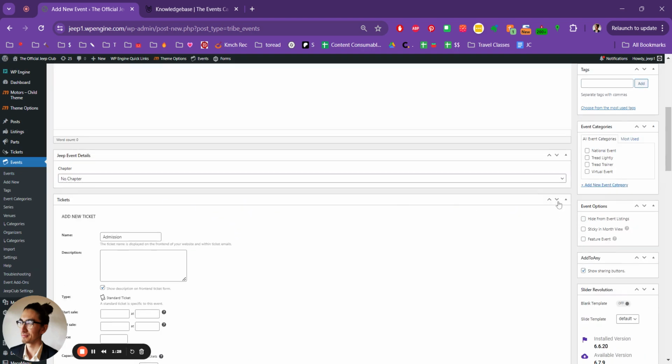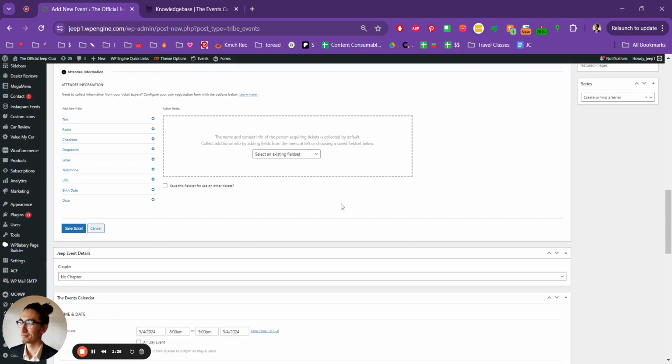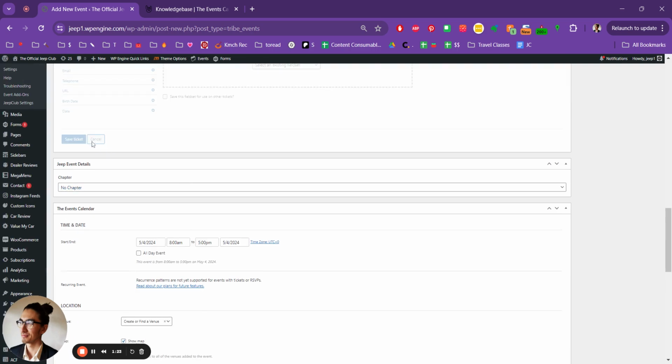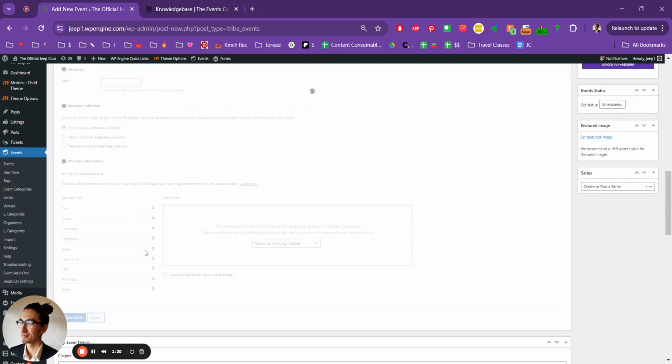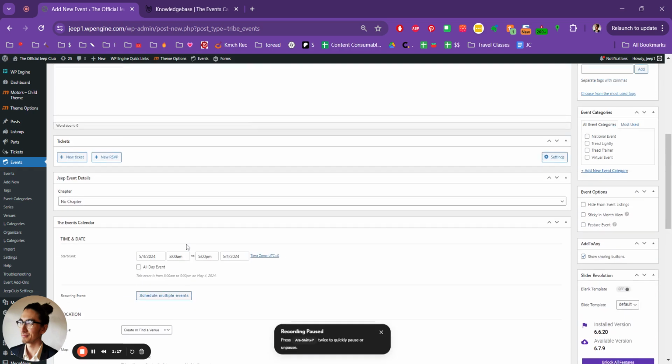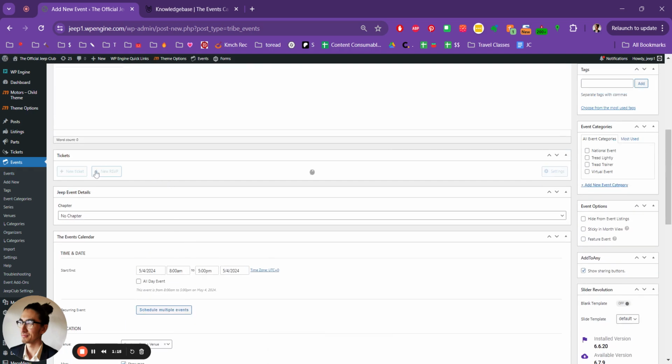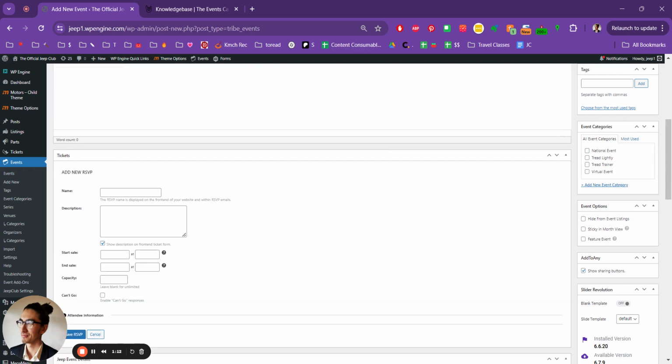end. In addition, you also have the ability to do an RSVP. A new RSVP would be a way for attendees to mark that they want to go to the event, but that would just be a free event. So this is basically the equivalent of a free ticket, but requiring that somebody raise their hand and say, hey, I'm going to attend this event. So that's great for free webinars or things where you might want to just collect a little bit of RSVP